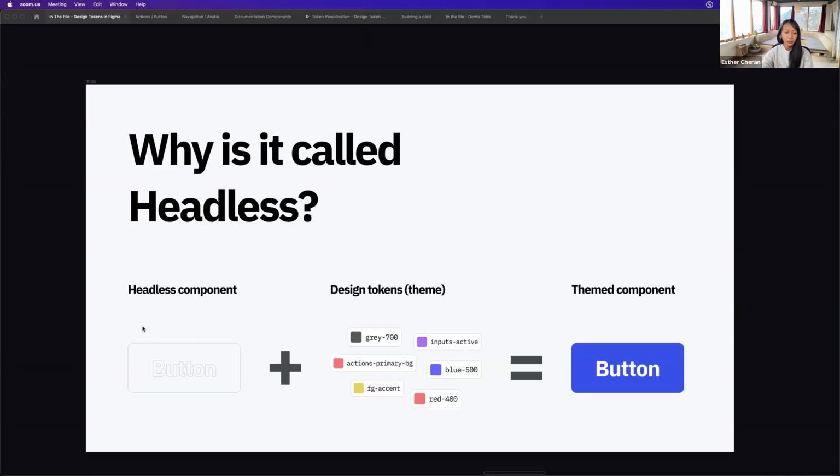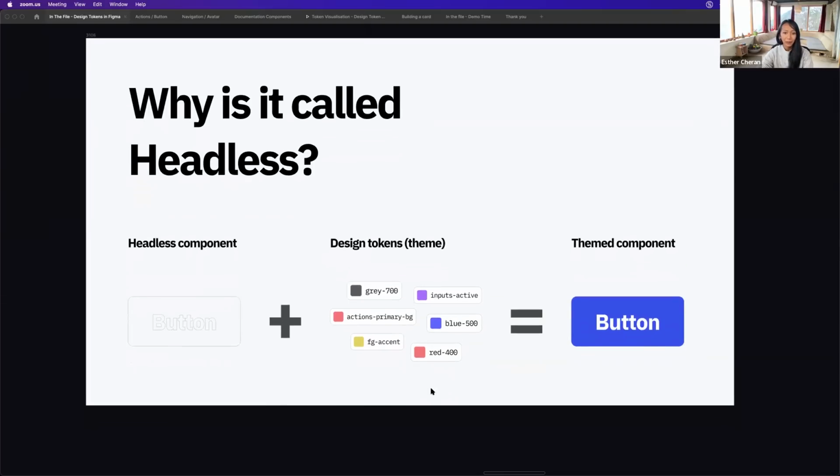So if you see over here, I have a headless component, and here I've just turned on some strokes to show that this is a component. Otherwise, it does not have any appearance to it. But now, once you add the design tokens to the headless component, that's when you get a theme component, and that's where the appearance looks like. Okay,